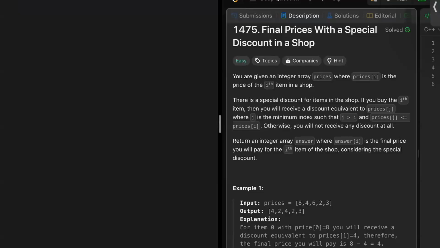Hi guys, so today we'll be solving this problem called final prices with a special discount in a shop. In this problem, basically we've been given a prices array, which is having the price of ith item in a shop. So let's take the first example, 8, 4, 6, 2, 3. Now there is a special discount for the items in the shop, and the algorithm for it is that